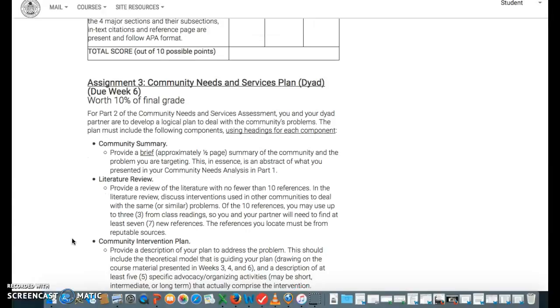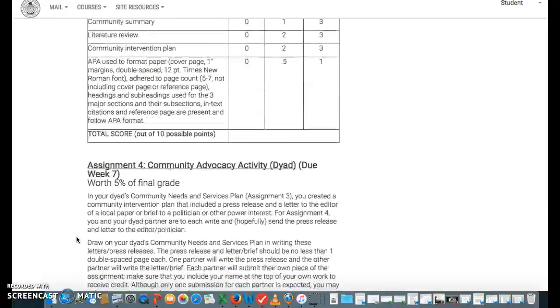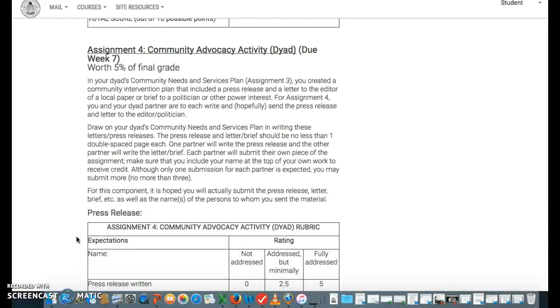The third assignment will be a plan for an intervention in the community. So that's really doing partly a literature review, but also an intervention plan. And then the last activity or assignment will be an actual activity on community advocacy. So there's a few different tasks that you could do,